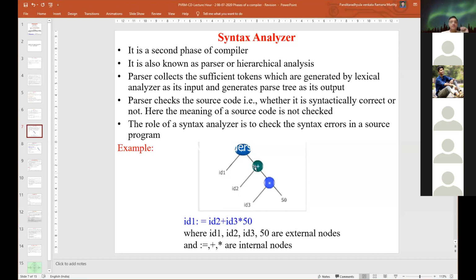The expression is ID1 equal to ID2 plus ID3 into 50, where ID1, ID2, ID3 and 50 are external nodes, and assignment, plus and multiplication are internal nodes. So the output of the syntax analyzer is this, built from the values passed from the previous phase, the lexical analyzer.